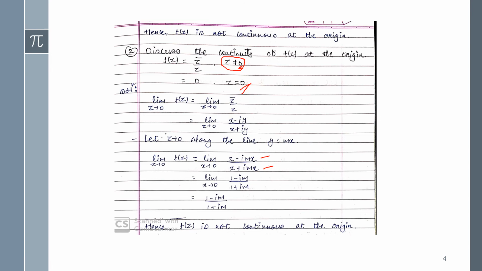So you can't put the limits of x. So this one will be a non-zero term, and so for this function we can say that the limit does not exist, and that's why the given function f of z is not continuous at the given point. Now let's start with the third example,